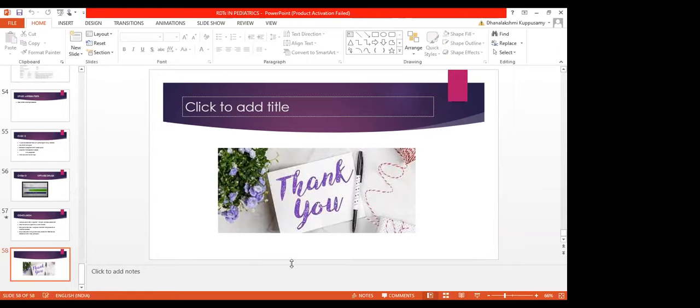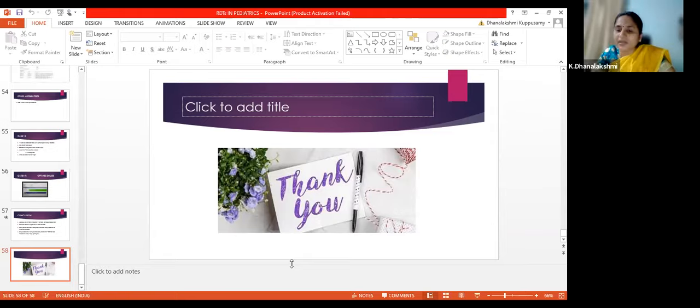Rapid strep test. How to differentiate whether the problem is viral or it is a carrier state? See, only once symptomatic we are going to order, no? That's why if you suspect group A beta hemolytic streptococcus only, we need to order the test. If you don't suspect pharyngitis, you order a test, you pick up GAS, if the RADT comes as positive, then it is mostly an asymptomatic carrier state. That's why if the child has symptoms of pharyngitis, then only you order the test. And you apply the McIsaac score also.